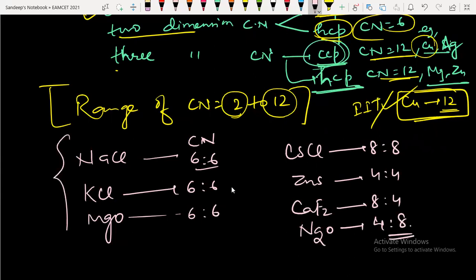So these are the coordination numbers that you need to remember, students. These are very, very important for all exams like NEET, IIT, MHT-CET, BITSAT, and your board exam. In the 12th board exam also, they can ask a 1 mark question. Don't expect a 4 mark question. One question only.